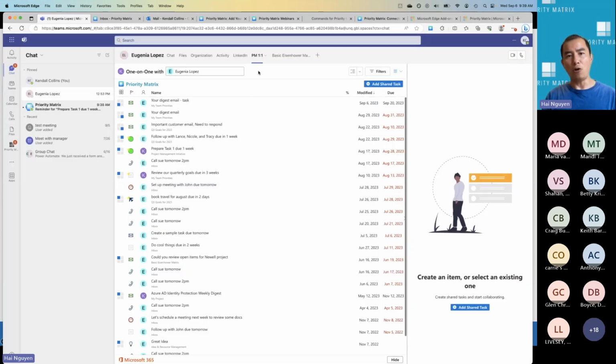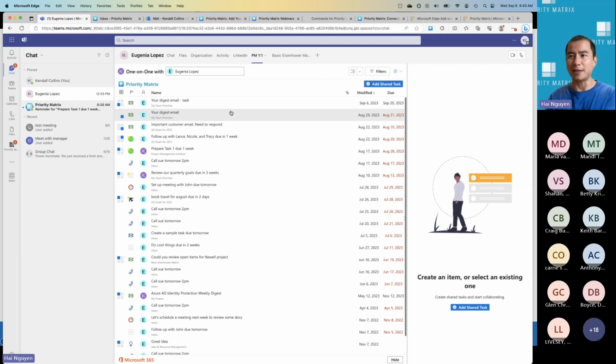and actually I already have this installed, so I'll show you right here. So when I open up the one-on-one view, I can choose my coworker, and what we've done is actually we flipped the entire project management data set around. And so as I mentioned earlier, it becomes people-centric. When I say people-centric, it shows you all the action items you have with your coworker, regardless of the project it's in. So if you work with a colleague across so many different projects, and with those projects, you have maybe 5 or 10 different Matrix projects that you're dealing with,